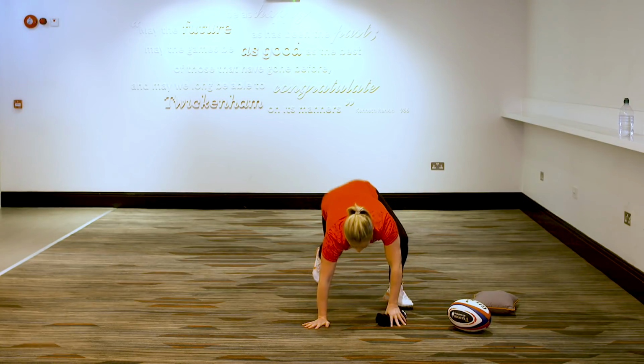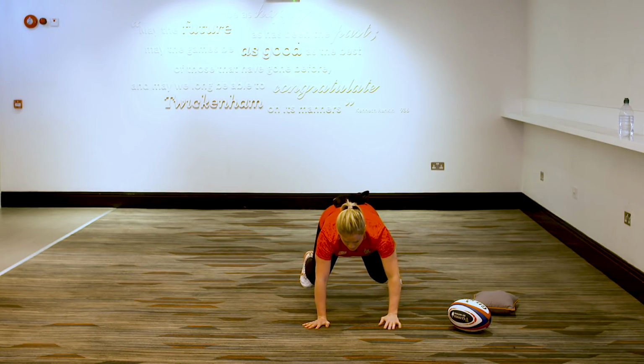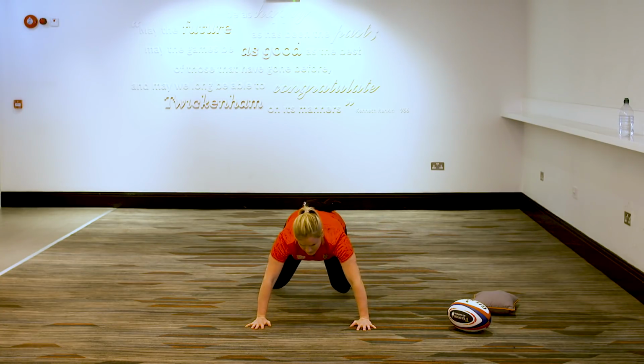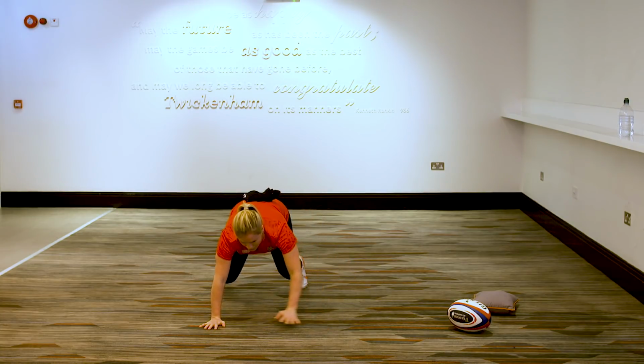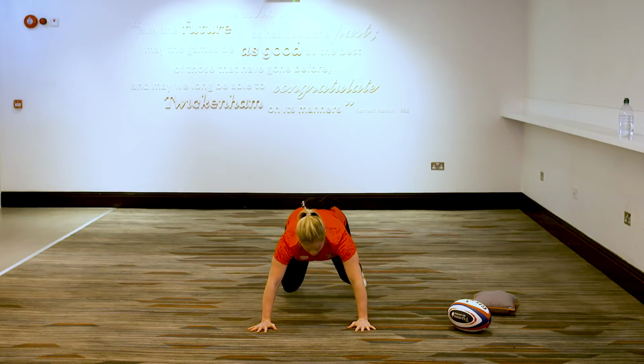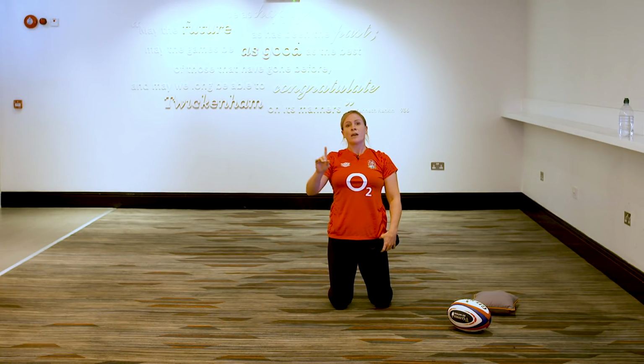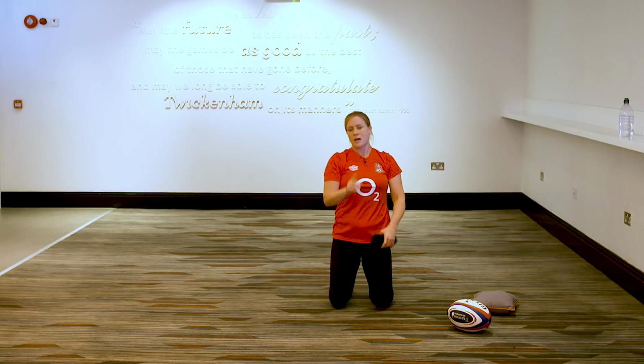Okay, so into our tower power, into our strong bear crawl position, and then we're just going to start off with balance, and then we're going to move to the side. Now, if you notice, my arms and my feet never go too wide from each other. Okay, brilliant. So we're just going to go, I'd like you to keep going side to side, just to demonstrate